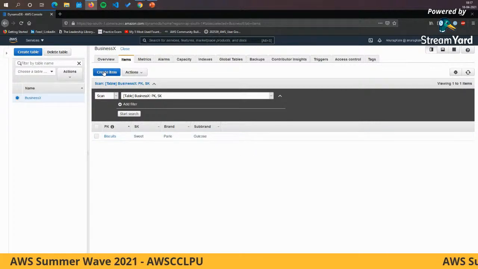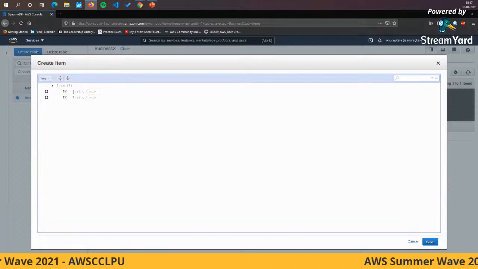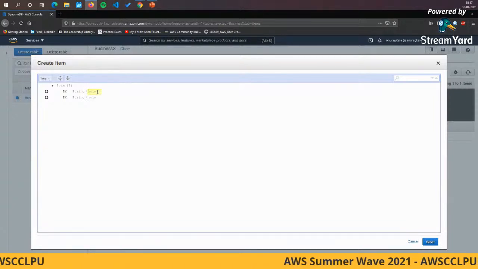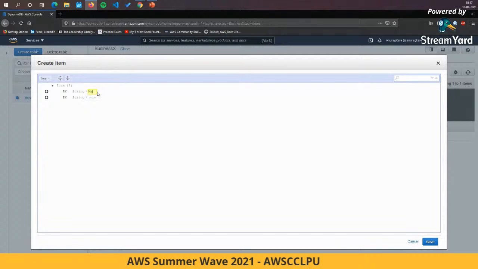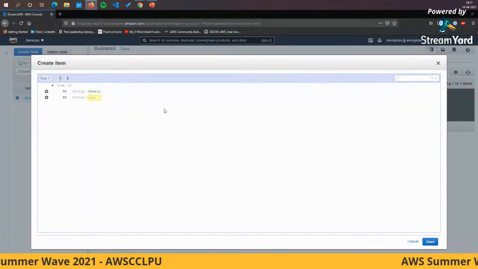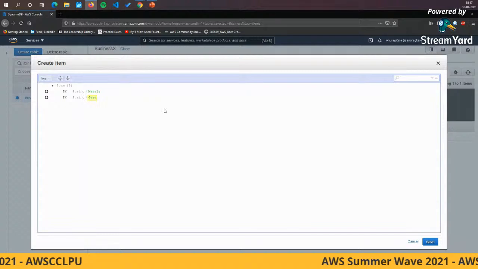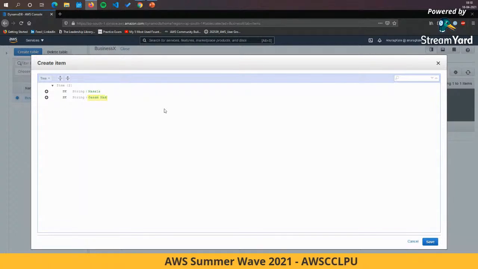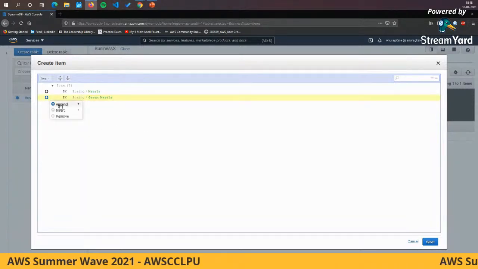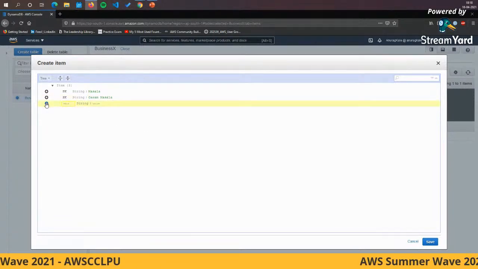Now let's say I want to create another row. Right now, the primary key, instead of business, I have a business of masalas. I'll say masala, and the sort key is, let's say, garam masala. Now I can append more things.